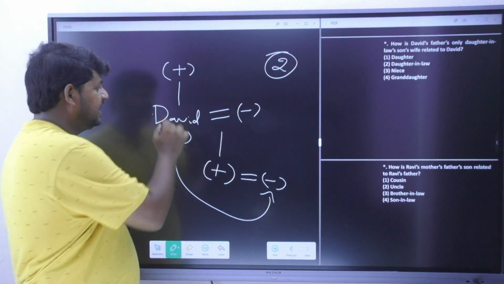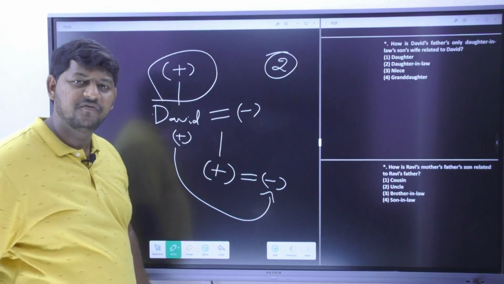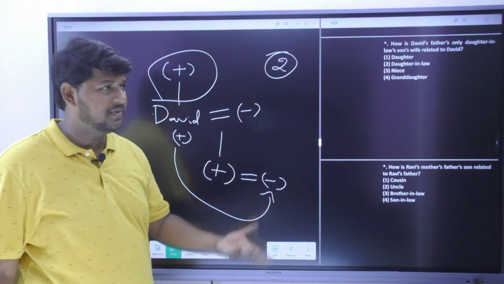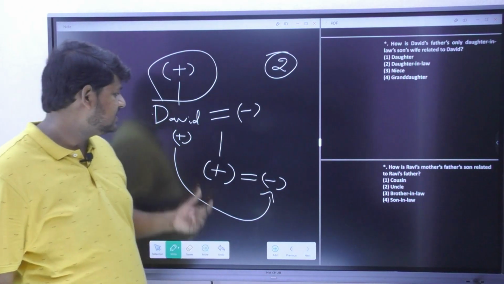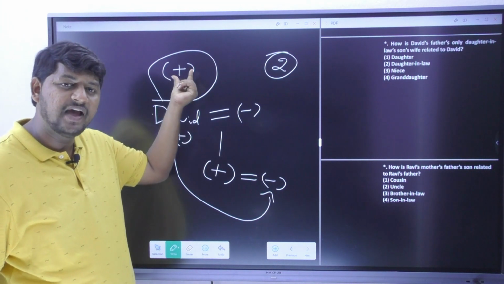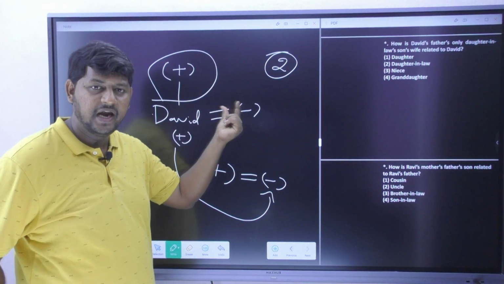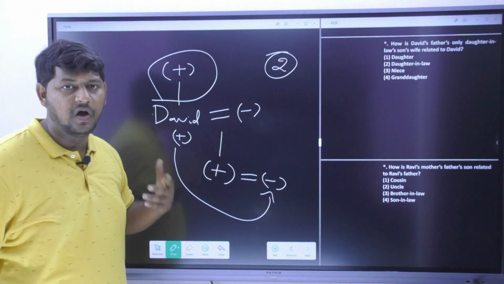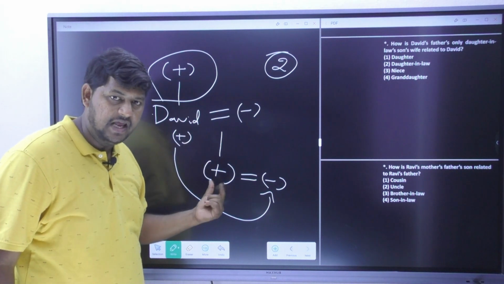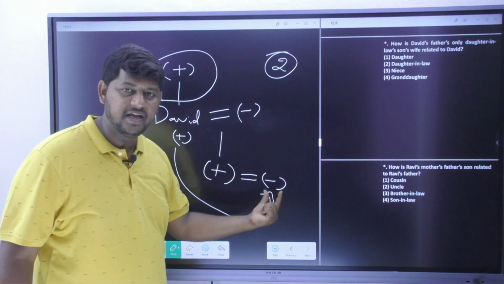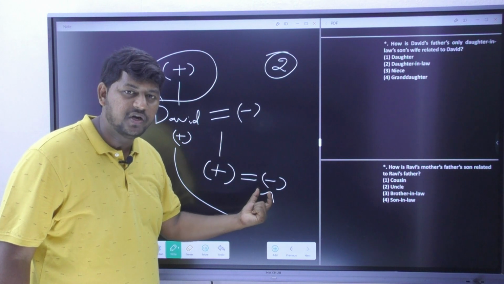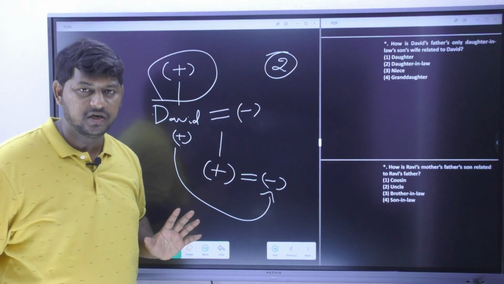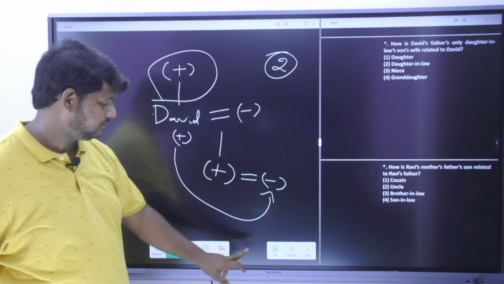So this is all unwanted information, but you cannot help yourself. Your examiner decides the questions. So please understand, David's father is having only one daughter-in-law. It is nothing but David's wife, and David's wife got a son, or I can say David got a son, and that son got married to a lady. Now what is this lady going to be to David? Then your answer becomes daughter-in-law. Am I clear? Right.